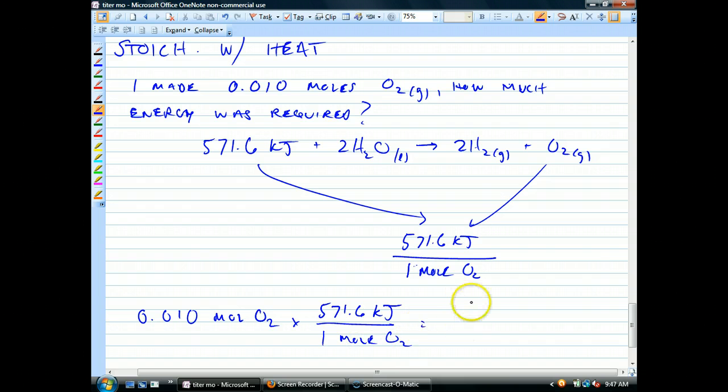And I get, what, 5.716 kilojoules. That's still a fair amount. That's 5,700 joules. And that's only a little bitty amount of oxygen gas, right? I remember an old MacGyver episode where,